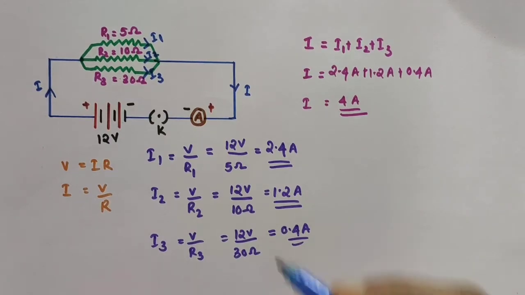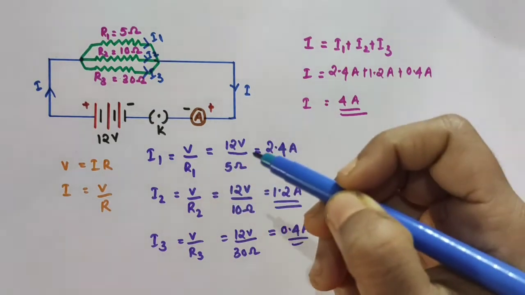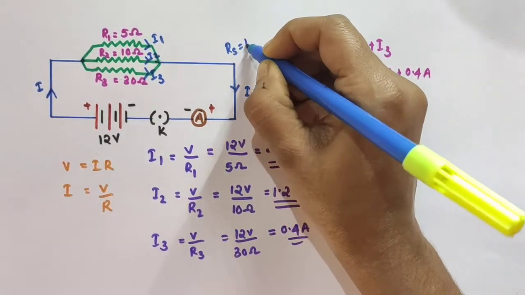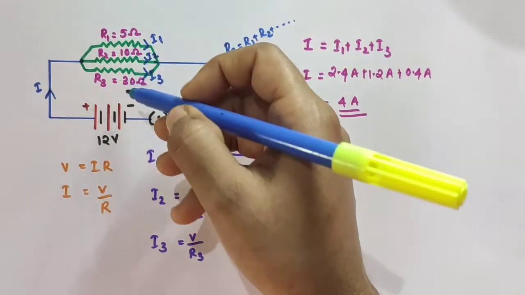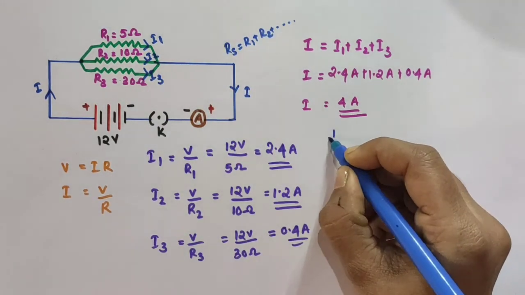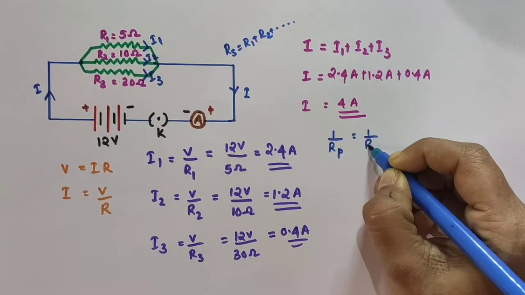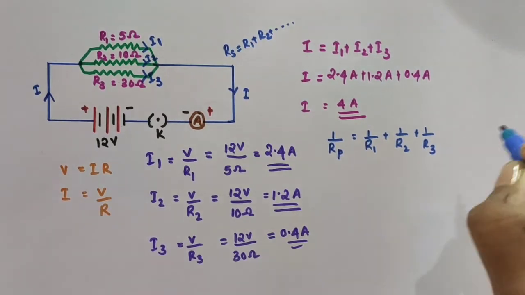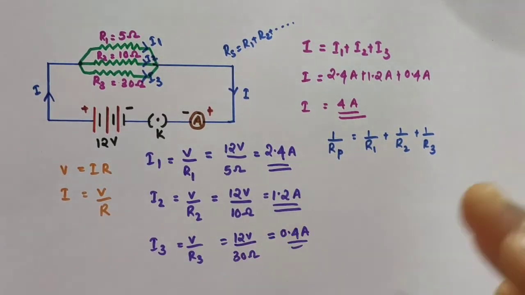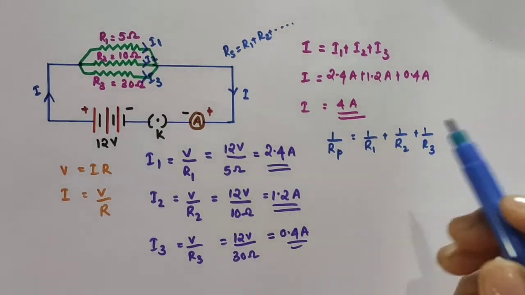You see, here the resistors are connected in parallel. When resistors are connected in series, to get the equivalent resistance, we have the formula Rs is equal to R1 plus R2 plus R3 plus etc. Okay, here we have three resistors connected in parallel. So their equivalent resistance will be 1 by Rp equal to, the reciprocal of that equivalent resistance is equal to what? 1 by R1 plus 1 by R2 plus 1 by R3 plus 1 by R4 plus 1 by R5 plus etc. If there are n resistors, then plus 1 by Rn. Here we have only three resistors connected in parallel. So we just want to stop here. Okay, 1 by R1 plus 1 by R2 plus 1 by R3.